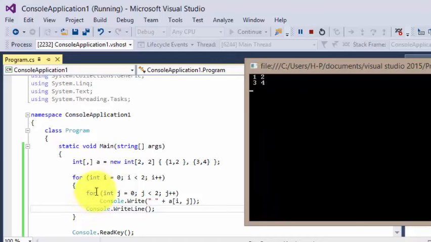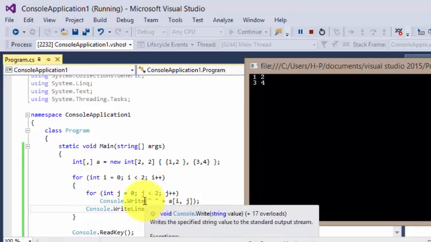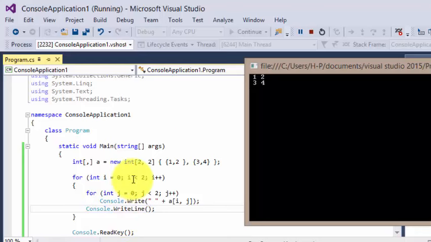So what is happening here is that when i is 0 and j is 0, at index 0 0 we have 1. Now j increments, j is 1, and i is still 0, so at index 0 1 we have 2, and then j increments,